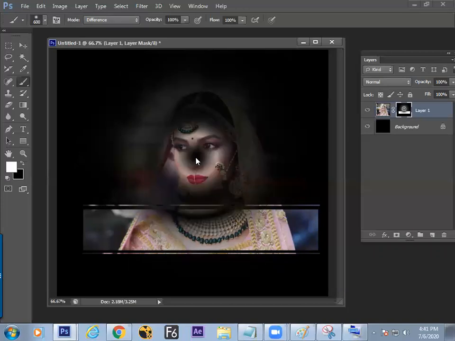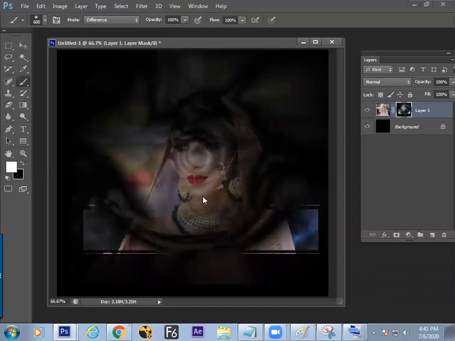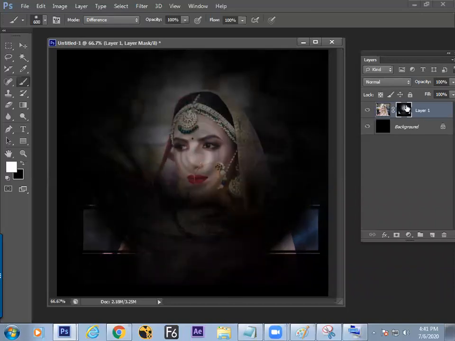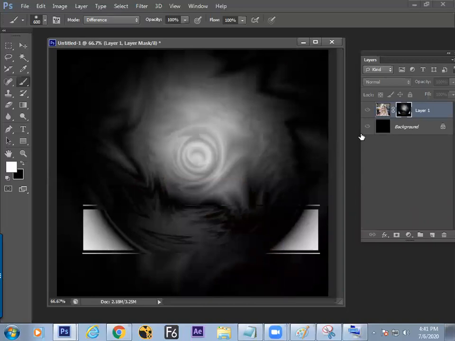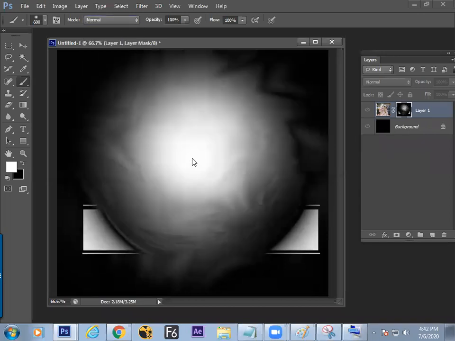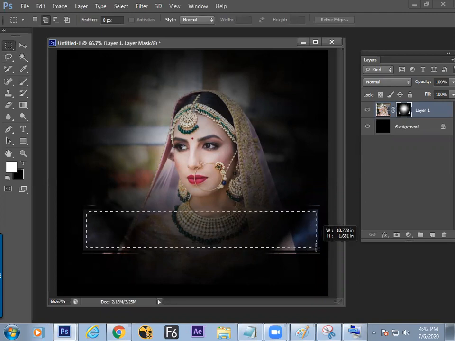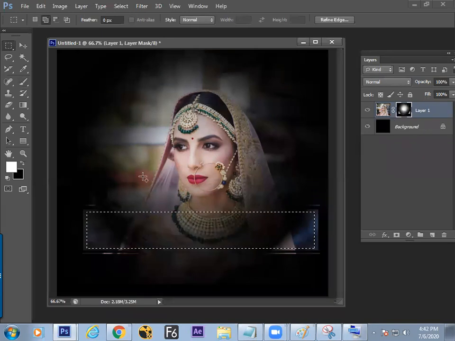Now we are just making a different game on the screen. You are painting on the mask layer with the difference mode. Complete using the things, and again back to normal. Yes, and paint the white. Now the radial blur and texture come because of your difference mode, and a lot of math can be done from your end. Hello? Hello, sir. Yes. Repeat it again, sir.